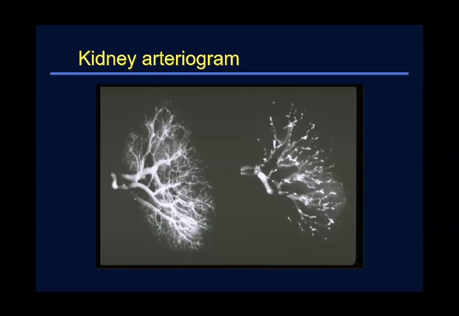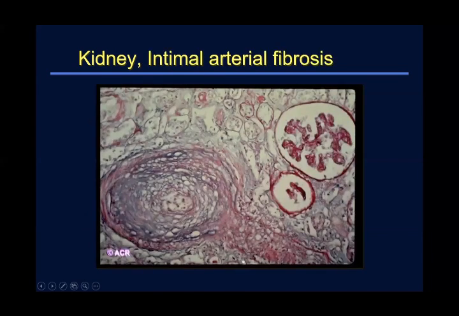You can see the normal kidney with good perfusion, but you can see your peripheral vessels are choked, and there is a reduced flow in the kidney, and there is an area of loss of blood flow with dilatation, and there is diffuse fibrosis and intimal hyperplasia leading to renal hypertension. If you look at the renal artery, there is intimal fibrosis, and there you can see the histopathological picture